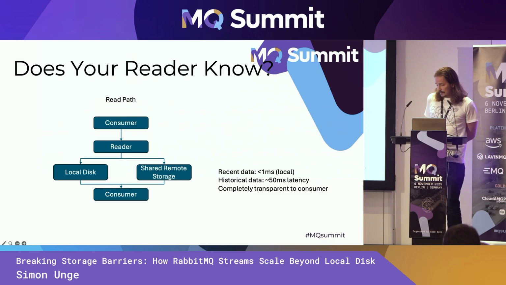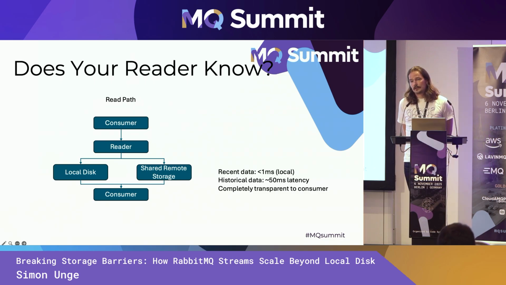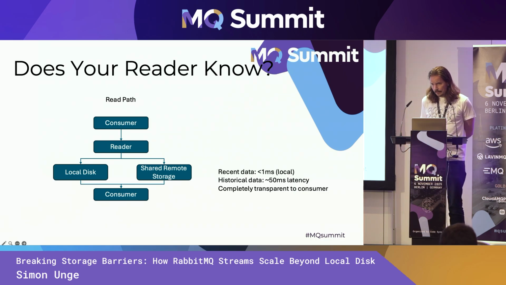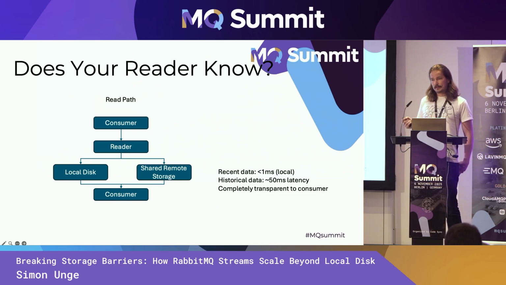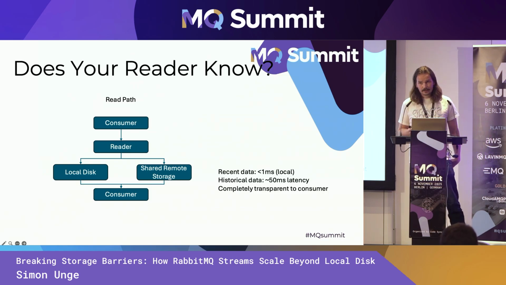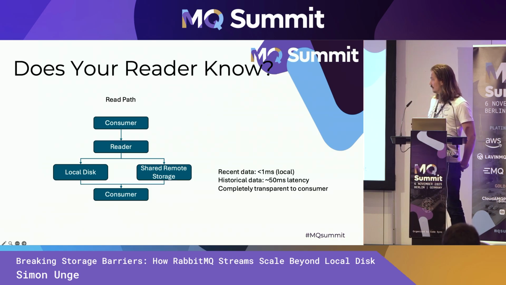Or it's not on local disk, which means we archived it onto remote storage. And then we read it from there instead and ship it to the consumer. Now, since it's remote, there will be a little latency hit when we open the connection and set everything up, right? But we are fairly confident that this small latency hit of 50 milliseconds or whatever it's going to end up being is all you'll see, because the throughput will be fast. And it will be just as fast as reading from local disk.